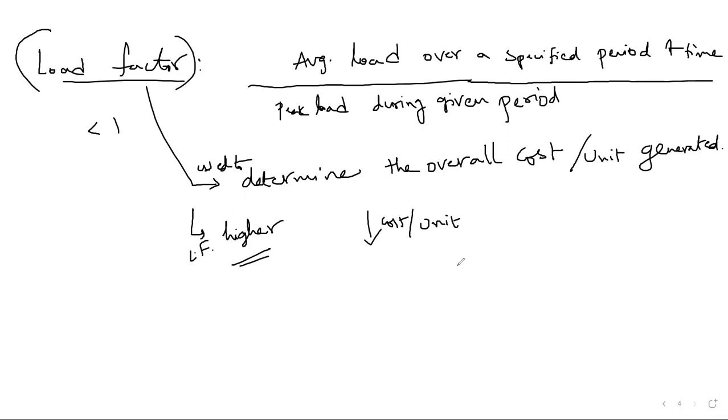From this calculation of the load factor, what can we identify? From the point of view of the consumer, by calculating this load factor we can identify how effectively the consumer is using his peak demand. That case also we can analyze by calculating the load factor. Whether it is increasing or decreasing, we can conclude that the peak load is increasing or decreasing. If the peak load is increasing, the consumer is effectively utilizing, right? If the peak load is decreasing, there is no effective or efficient usage of electricity in his area,